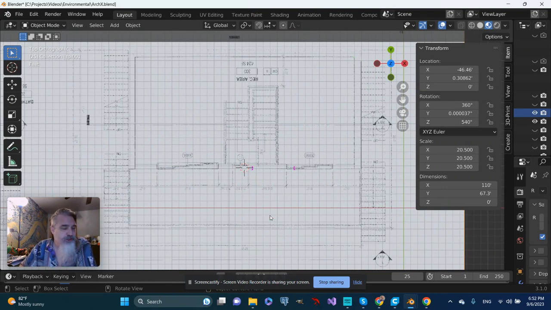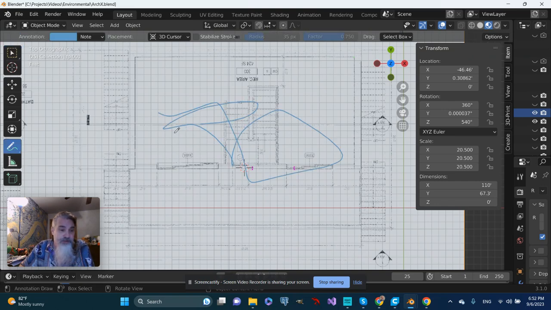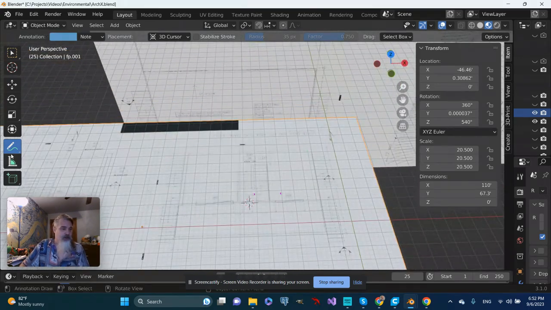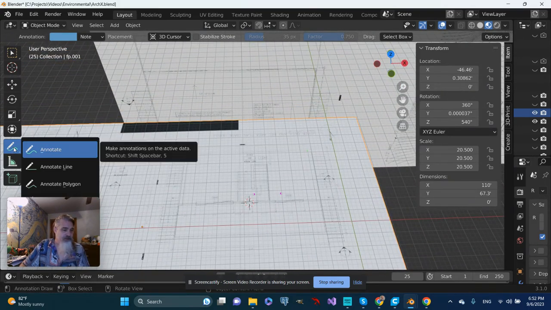And I was recently reminded, talking with somebody, about a tool that I almost never use, and that is the annotation tool. And it's pretty straightforward. I click the pencil and I can write and take notes and whatever. Going a step further, though, if I hold the mouse button down,